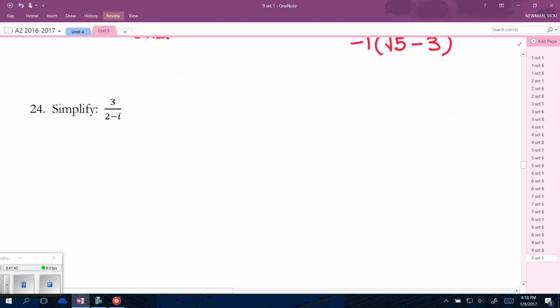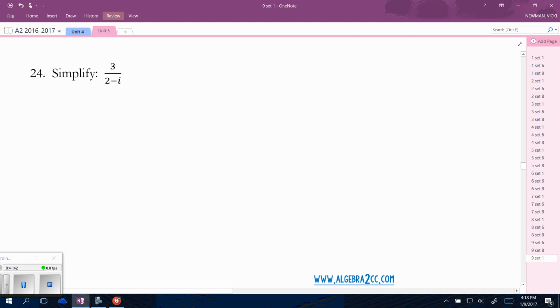In number 24, the i is a problem because an i is like having square root of negative 1. i equals square root of negative 1. i squared is equal to negative 1. So if we can get i squareds, we can substitute. So again, you want to multiply by the conjugate. 2 plus i. Just change the sign between the binomial terms. Okay? So on the top, I have 3 times 2 plus i